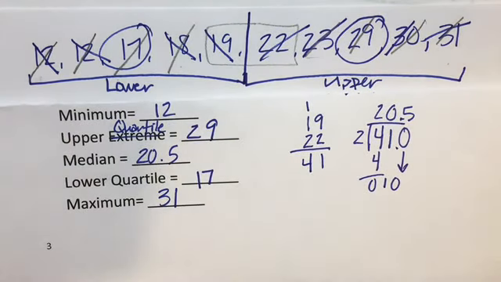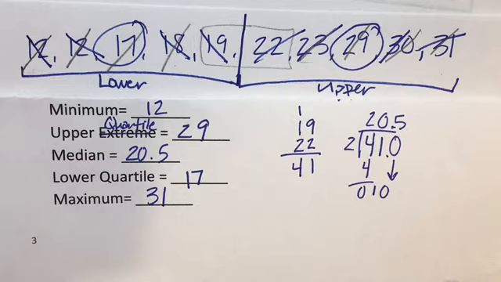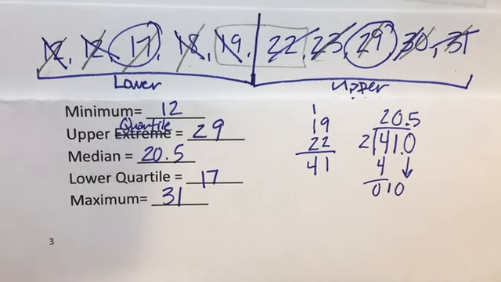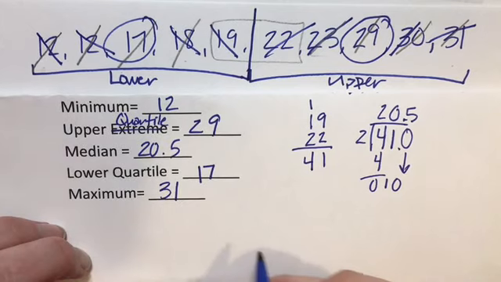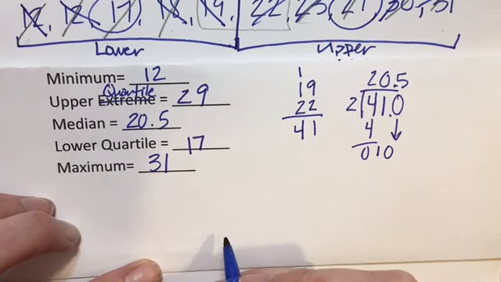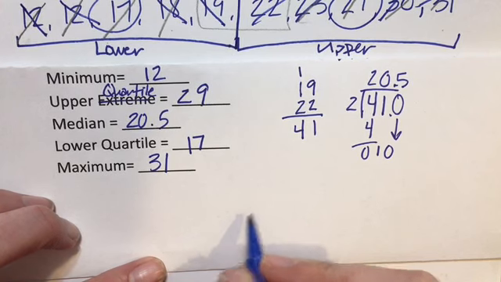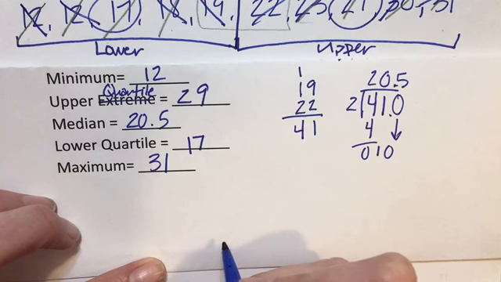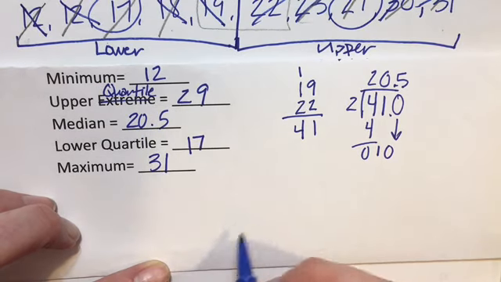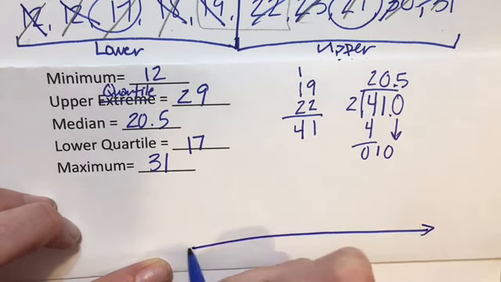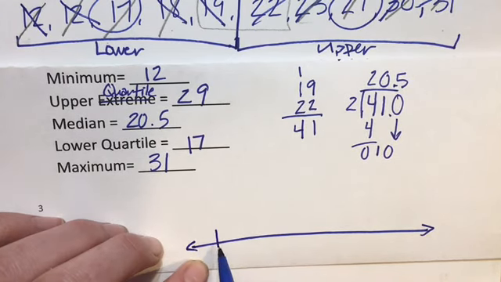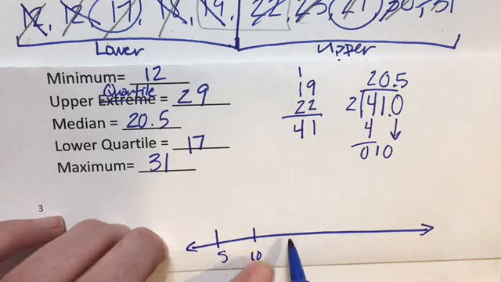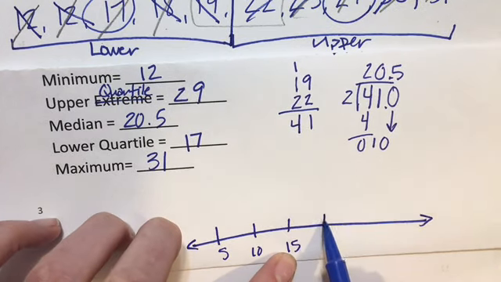Now from here, we are going to create our box and whisker. Let's draw our box and whisker. First of all, let's draw the number line. Now in this problem, they didn't give us a number line. We're going to draw our own. That number line is not part of the answer. It just helps us keep our work organized. So we see numbers as low as 12 up to 31. I'm going to count by 5s on my number line, but you could do whatever you want here. So we'll do 5. These need to be an equal distance apart. 10, 15, or as equal as possible, 30,